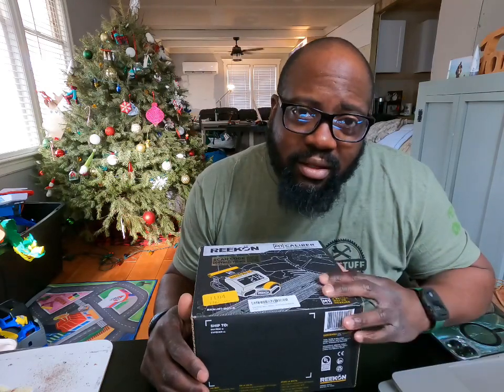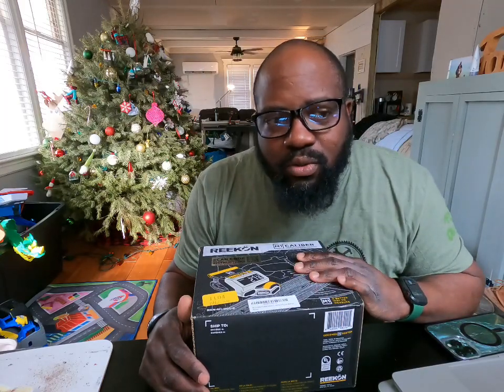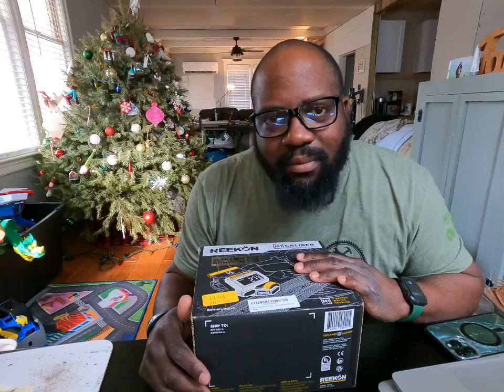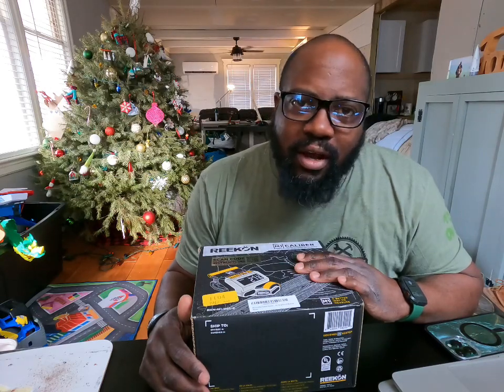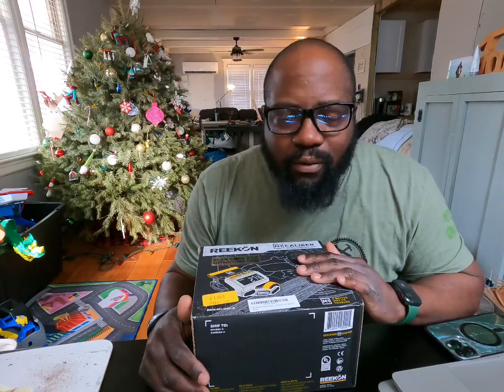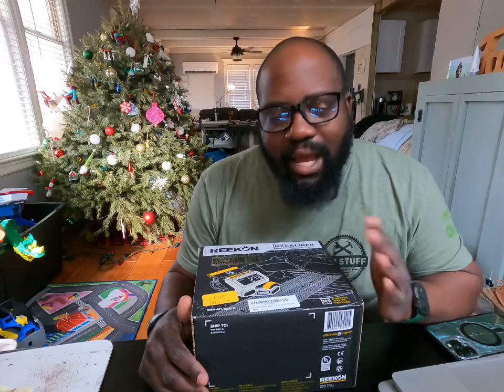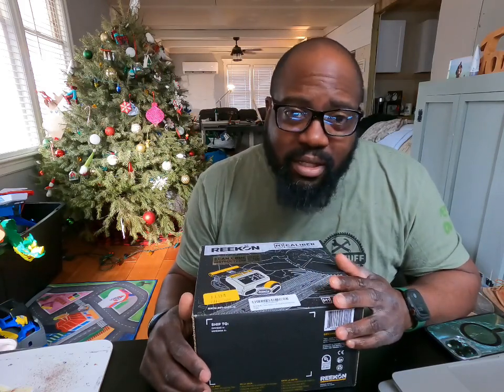Today is an unboxing, right? So I haven't used the tool yet. I've been following the tool since it was in its development phases, when it was just a Kickstarter, and they were asking for money, and these things were on back order for a year or so. Right now they're available on the market. People are able to buy them. I guess people love them because